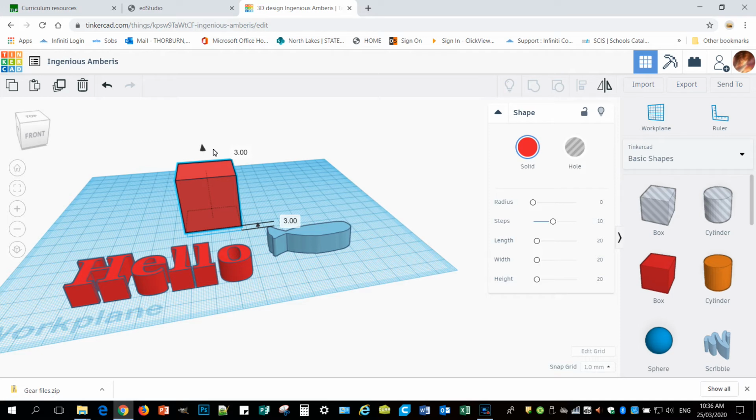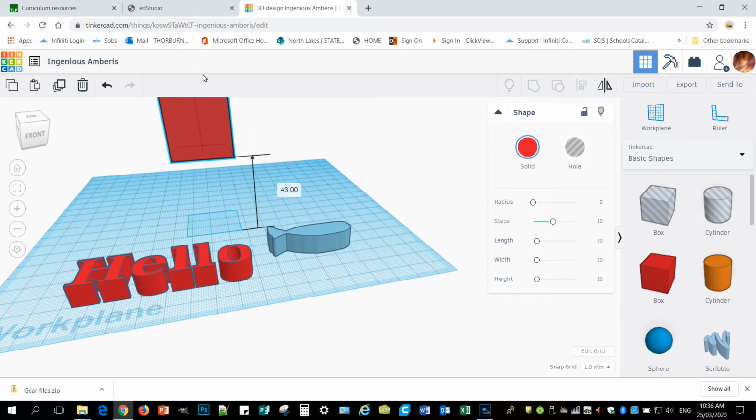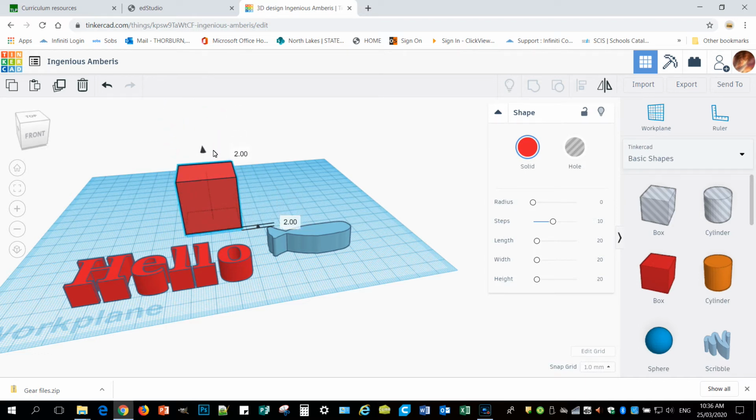Now you can see on the right hand side where it says 3.0, that's actually telling you how far it is above the platform. See, I move it up, I move it down. When it's directly on there, that should be 0. Now that's an important thing to check, because